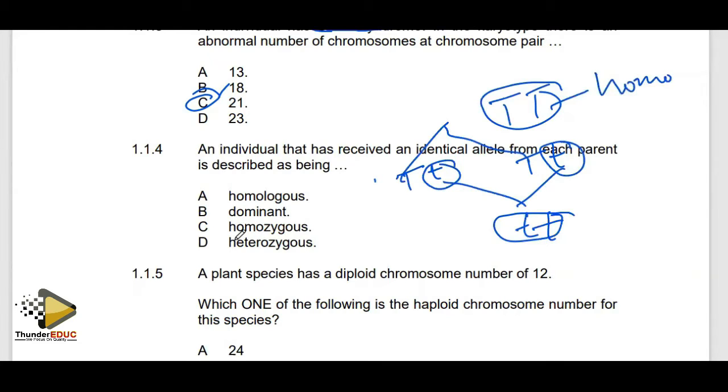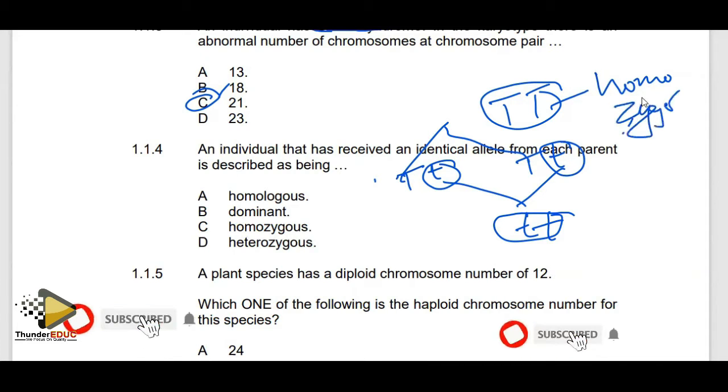So it is going to become homozygous, because you are describing a zygote. That zygote has the same kind of allele. So the answer is going to be C, meaning homozygous. Then the next question, they are saying that the plant